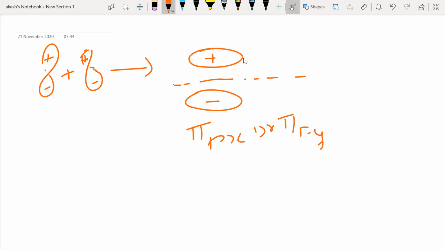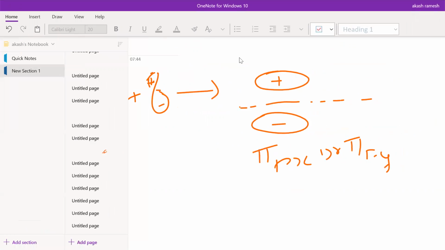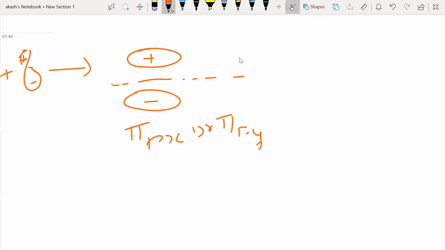Now what do you see here? This is a bonding orbital only. This is not an anti-bonding orbital, but still it has a nodal plane. But the nodal plane here is different. What is the difference between the nodal plane in the anti-bonding case and in this case? Can you tell me? Any idea? Horizontal, yeah, horizontal. If you use proper technical words, I will say that it is along,